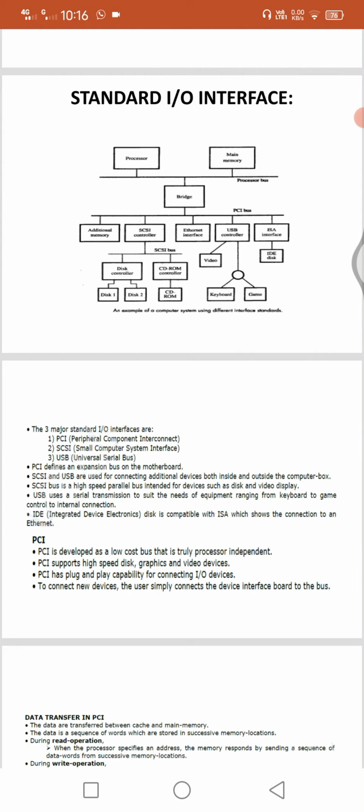Directly there is no possibility to connect one device to another device. So in the first one, processor and main memory we connect directly, that means the processor bus we connect directly. In order to create a connection between the processor bus and the PCI bus, here we use a bridge. With the help of the bridge we create an interface between the processor bus and the PCI bus. This is the diagrammatical representation.